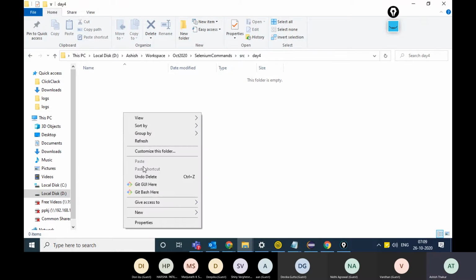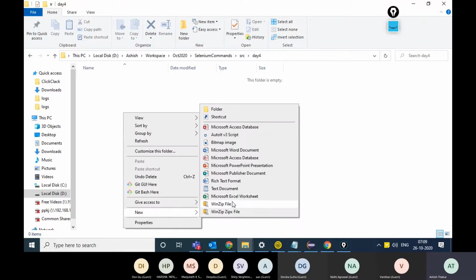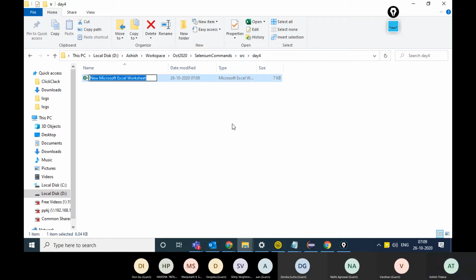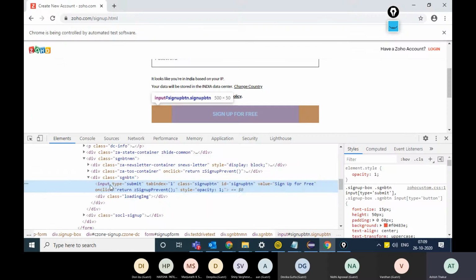Okay, I'll make a new Excel file known as HTML elements. Now hold on, let it open. Now every element on the web page, as I told you, has a tag name and some attributes.